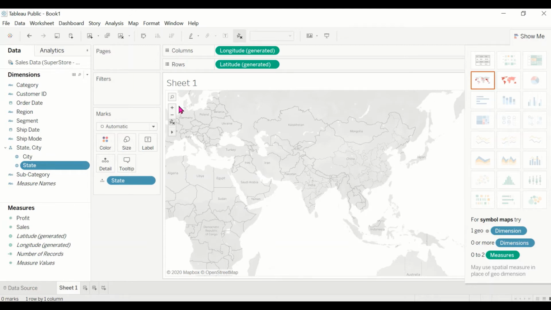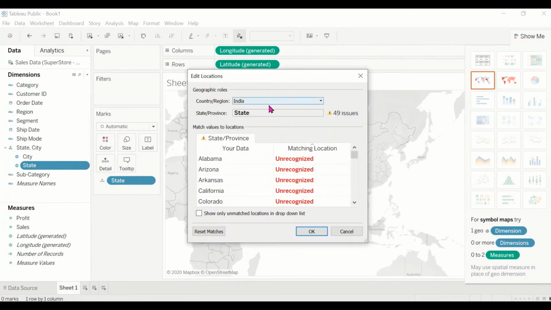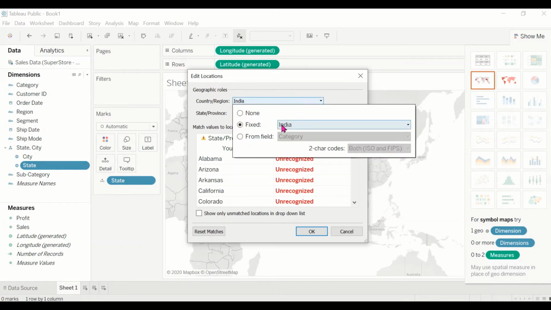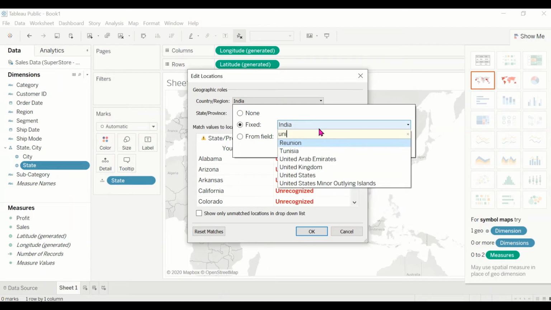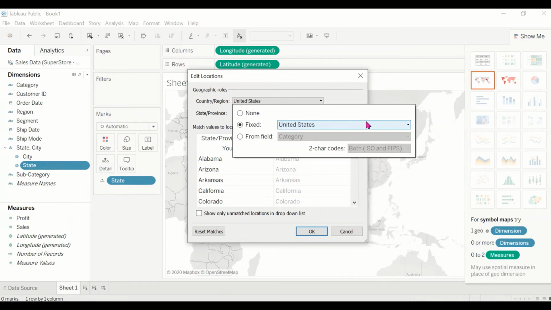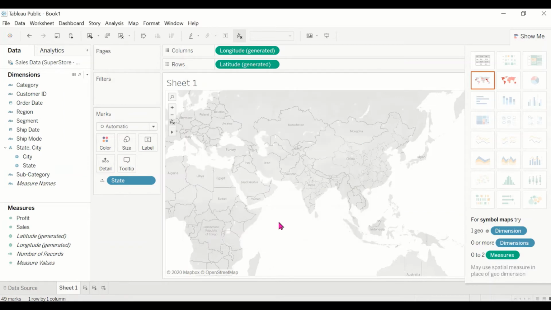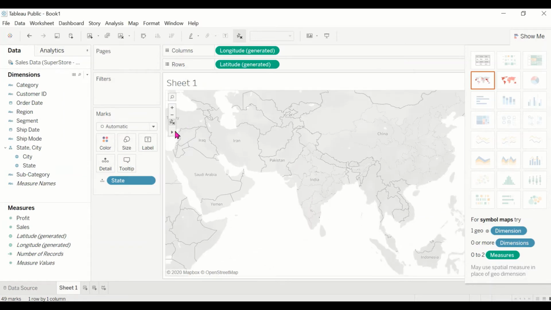So the simple change that you need to make: go to the maps option right here, edit location, and you see that it's searching for India. It's searching for all these states: Wisconsin, West Virginia, Washington, Arizona in India. It's not possible to find that. So you click on category and you choose United States, and you click on OK. And now that it's found all of them,